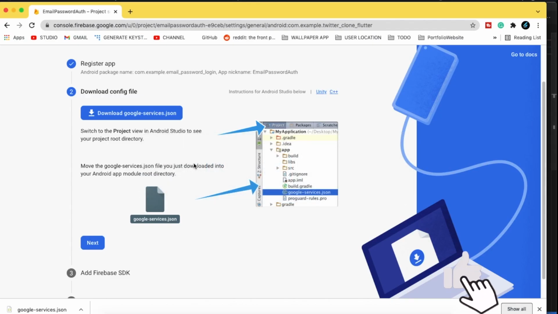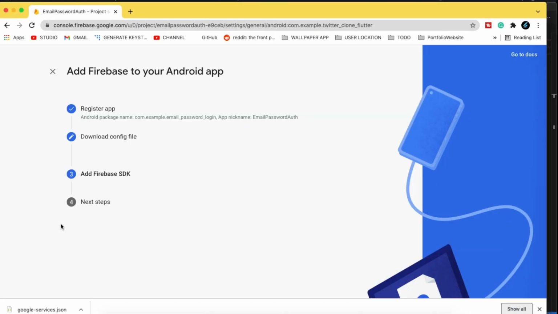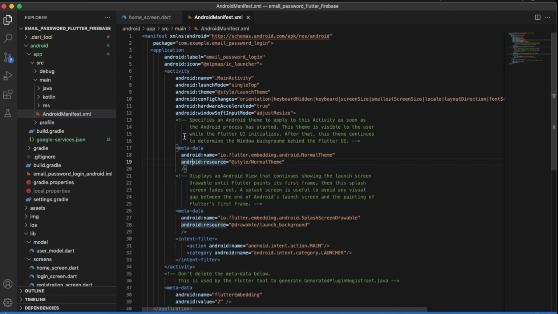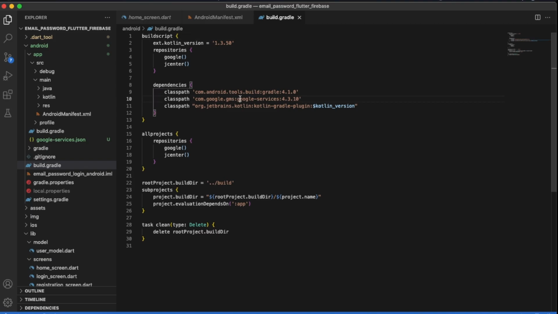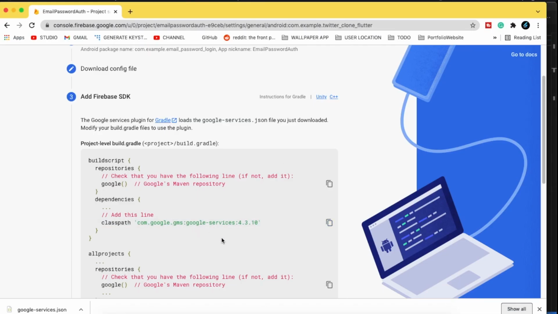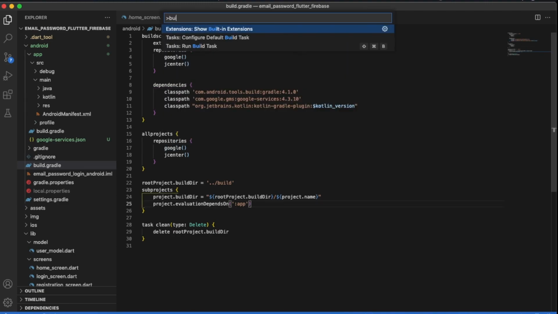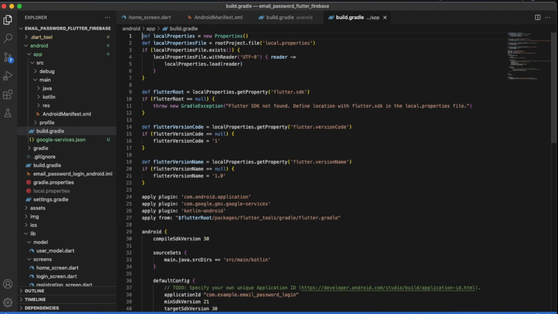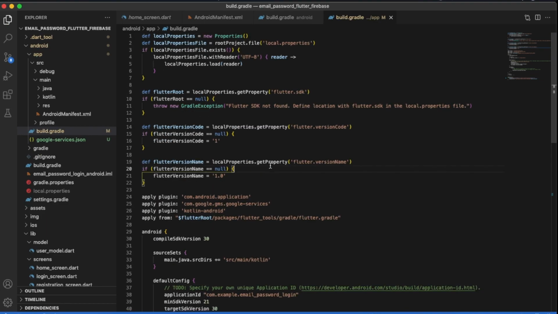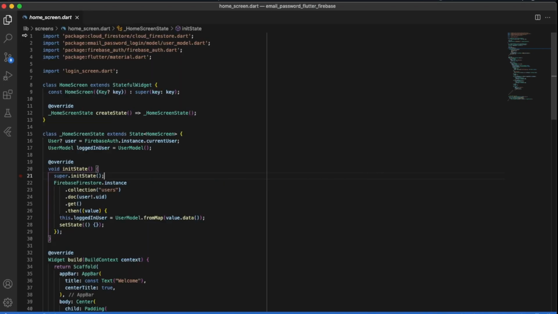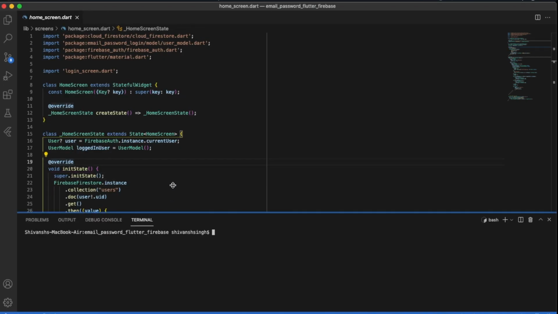the other thing is we need to add the Firebase SDK, but we already have the SDK with us. So let me just see whether we have the latest version or not. So here we will see 4.3.10. Okay, it is okay. And let me go to the other build.gradle, which is our app level, and here also the same thing. The only thing is we can upgrade the package from 28.4.0 to 2. Okay, everything is fine. Now we'll click on save, and the app has been added to our Firebase project.